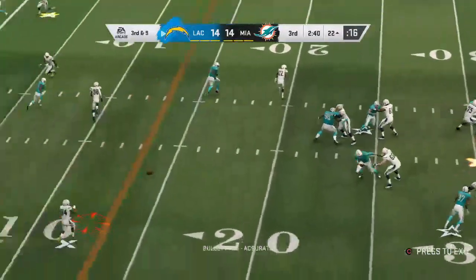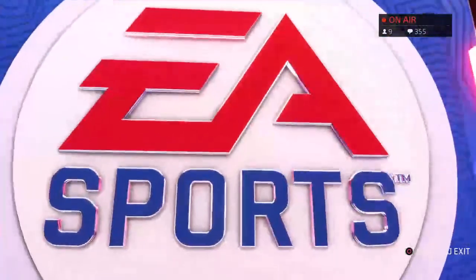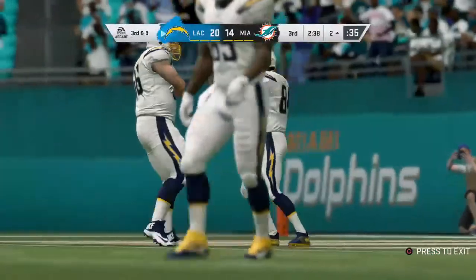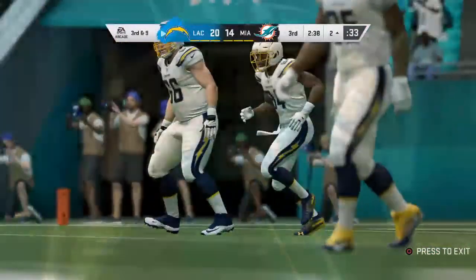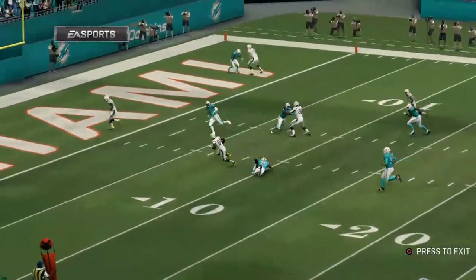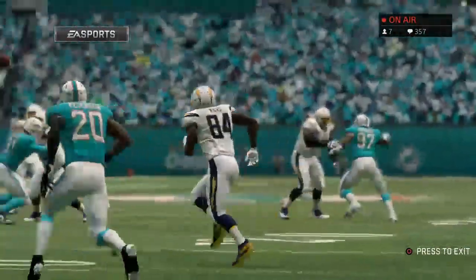Throwing is Rodgers on 3rd down. Looking left side, and he's got a man. It's Ward. And he takes it in for a Charger touchdown. A 22-yard touchdown grab as his guys are able to regain the lead. And on that one, able to catch it, also able to have the wherewithal to take it in for the